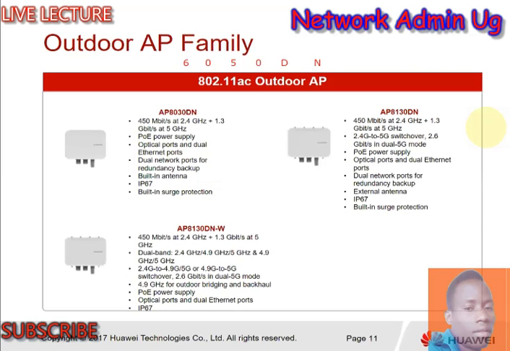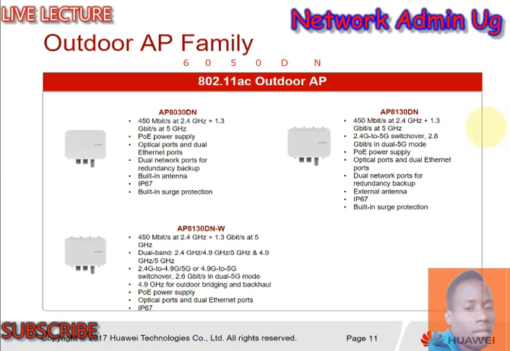We have outdoor antennas. Outdoor antennas have also various series, and they come now. The newest version is the 802.11ac technology outdoor antenna technology, which is much more used to give you better speeds for their surrounding areas. Most of them have external antennas. Actually, it is recommended that all of them have external antennas for the outdoor, and some of them have inbuilt antennas. Like the 830DN access point, which gives you speeds at 2.4 gigahertz,